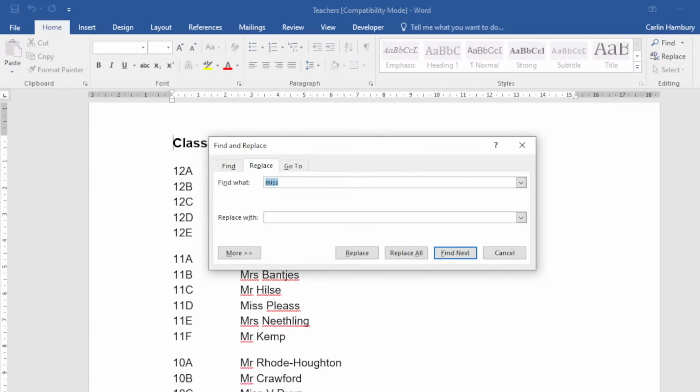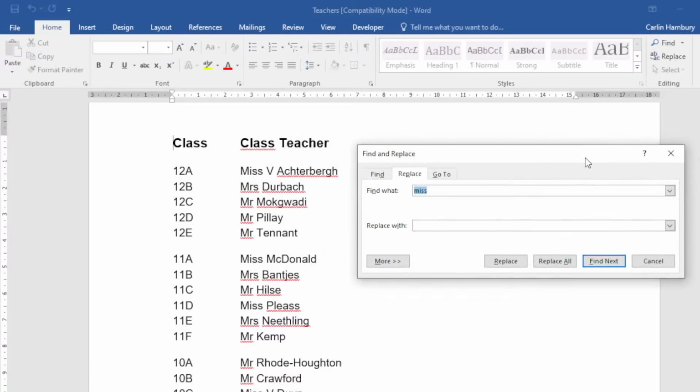So when I click on Replace, I now get a dialog box, and I can still do my find over here, and I can do my replace, because now,